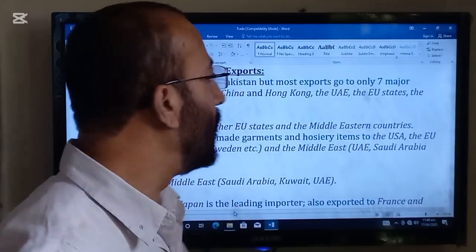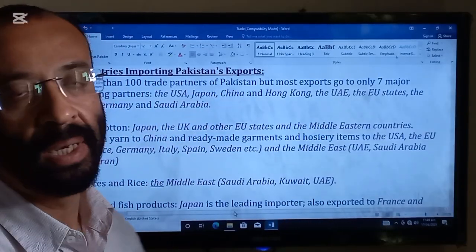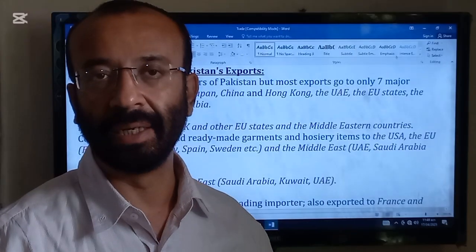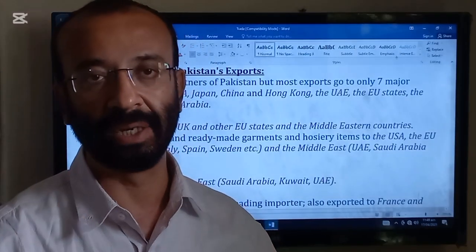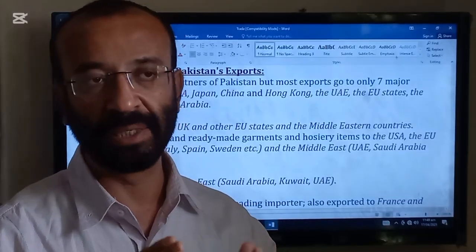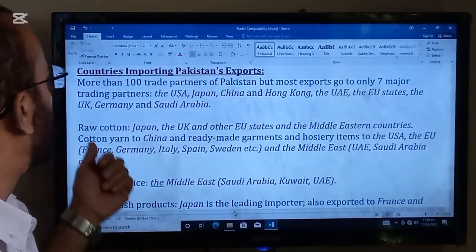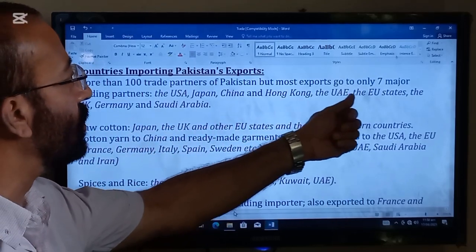The next point in the lecture is the countries importing Pakistan's exports. The point is almost the same as in imports. Pakistan is exporting products to more than 100 countries, but most of Pakistan's exports are going to only 7 countries in the world. So Pakistan has more than 100 trade partners, but most exports go to only 7